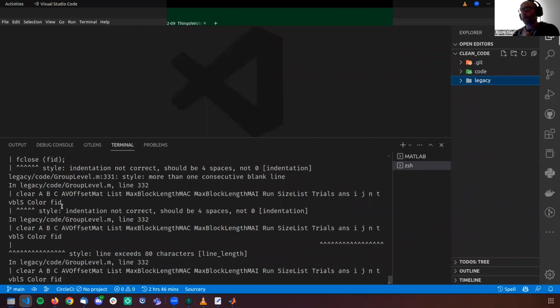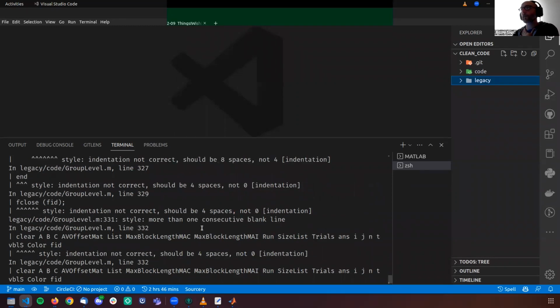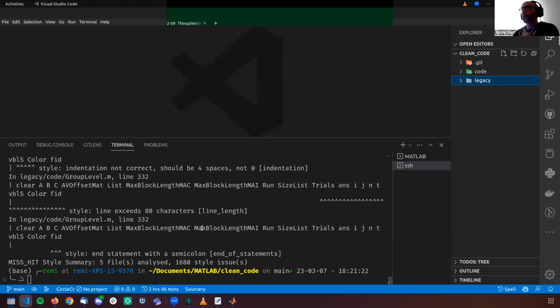Here it's telling us that on the same line, there are some spaces, some indentation that's not the proper one. So it's giving us a whole list of things that we should reformat to make sure that the code that we have complies with the rules that mishit tries to follow.